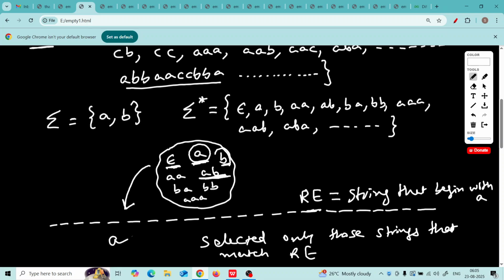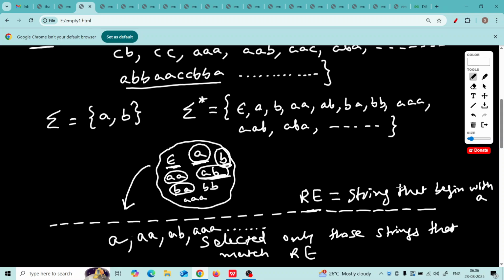Then when you go to the next string B, it is also checked with this rule. Oh, hello B, are you beginning with A? No, B says I am a single letter string, I have only B, I don't begin with A. When you go to the next word AA, yes, it begins with A, so AA also will be filtered out. Then AB, yes, AB will pass the test, but BA won't pass the test because we want strings that begin with A. So BA won't be filtered, BB won't be filtered, but AAA will be filtered. So are you following? It will be infinite strings because there will be infinite strings that begin with A.